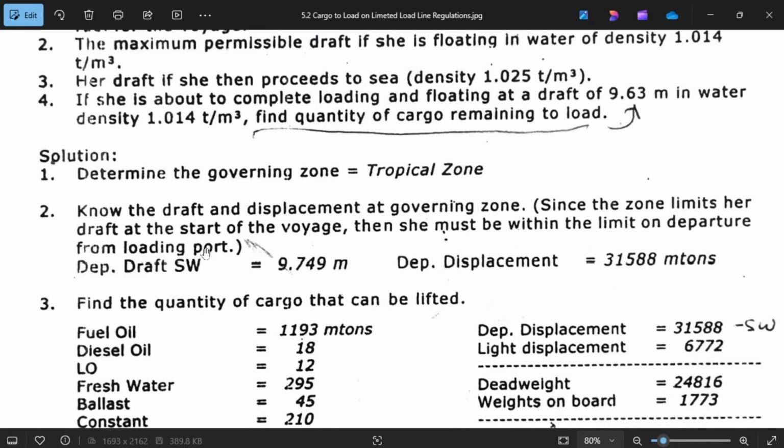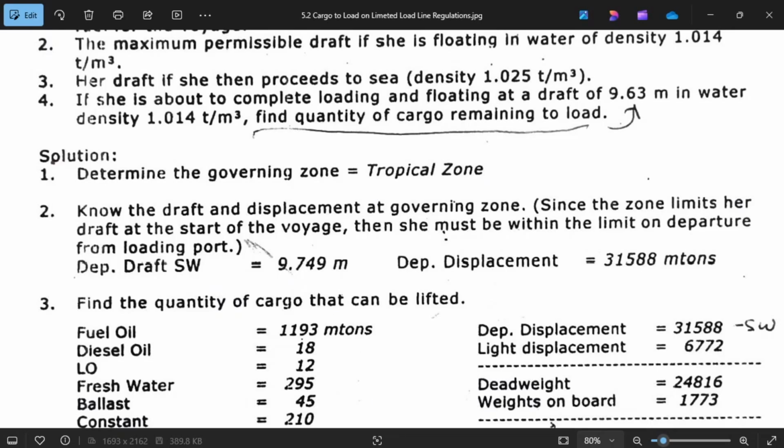What is determining the governing zone? It is a tropical zone. Okay, number 2, know the draft and displacement at the governing zone. Since the governing zone limits her draft at the start of the voyage, she must be within the limit at departure from loading. So the governing zone is tropical zone, so it is salt water, and the draft is